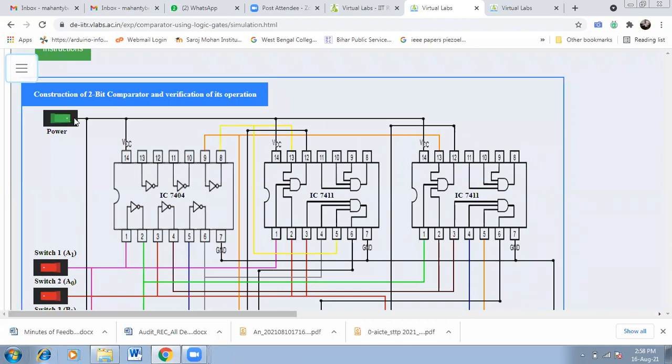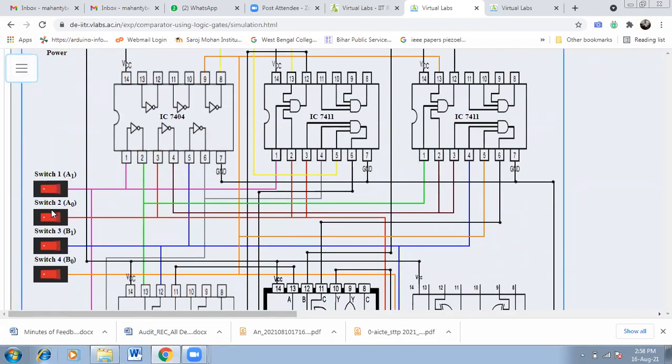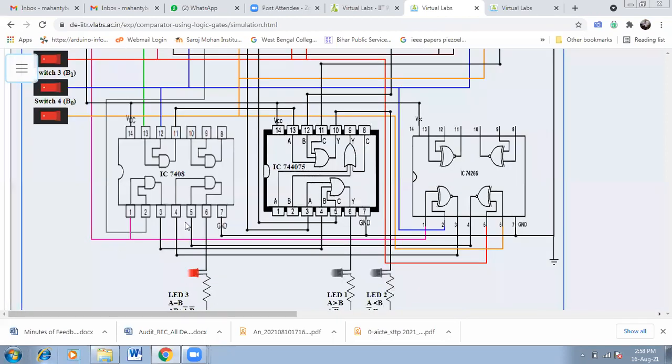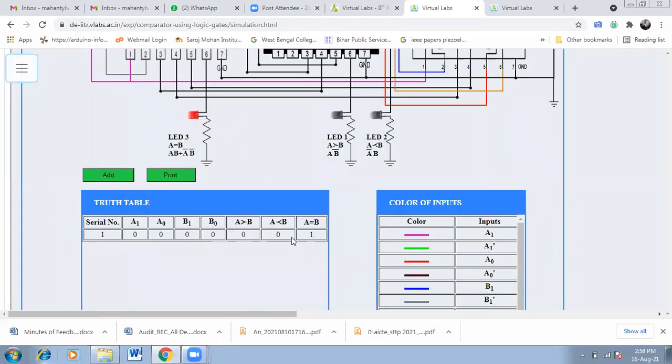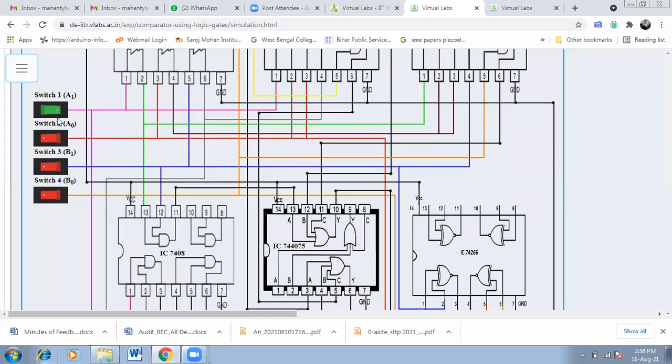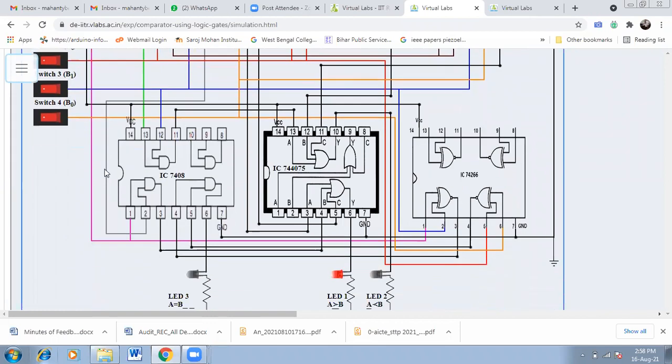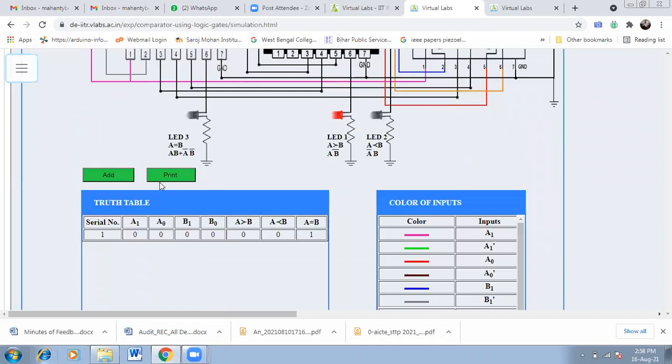So make the power supply on first. Now see, this A input is 0 0 and the B input is also 0 0. Both are 0 0, meaning A and B are the same. So see, A is equal to B. Now you can add this one. Now make A1 is 1 0, and B is 0 0. What does it mean? A greater than B. Look, what is in A? A0 is 0, A1 is 1, so 0 1 basically, but here B is 0 0. So A greater than B. So see, A greater than B, so that is true.